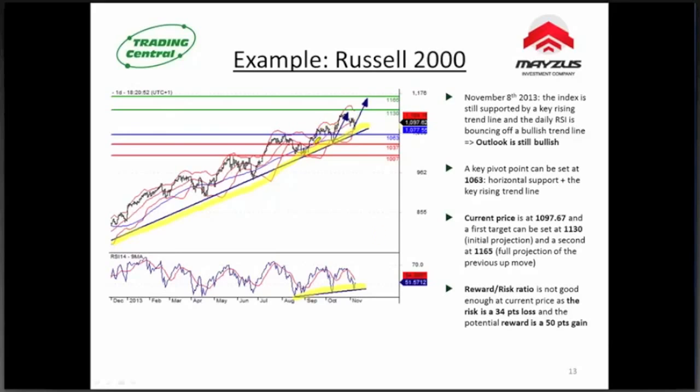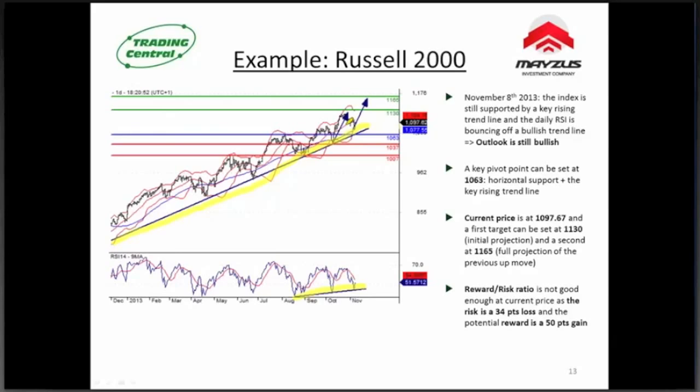And we also have rising moving averages, the 20-day in red and the 50-day moving average in blue. So from a technical analysis point of view, the Russell 2000 is still bullish. But at 1097, the question is, can I buy the Russell 2000 at 1097, considering our key pivot point, our key stop loss at 1063? The answer is no,